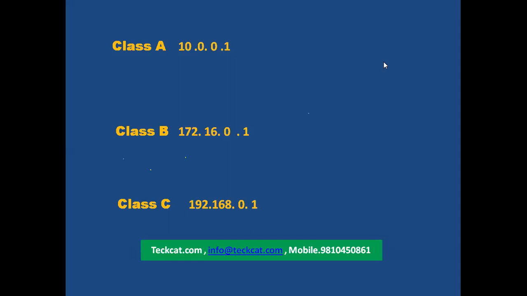Now see here. This is a class A IP address, 10.0.0.1. But the first portion is